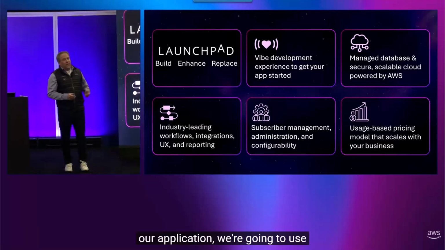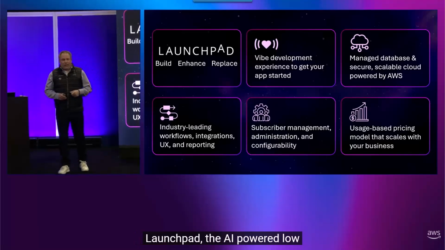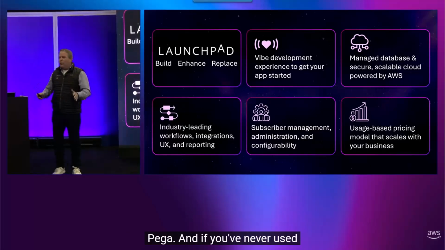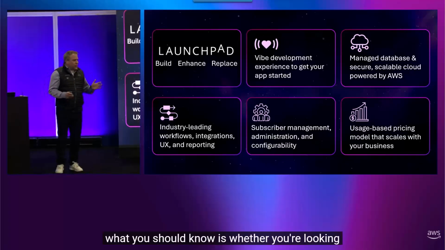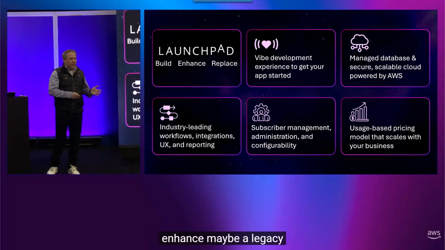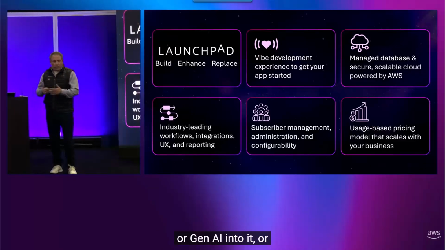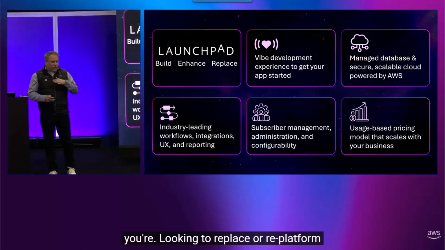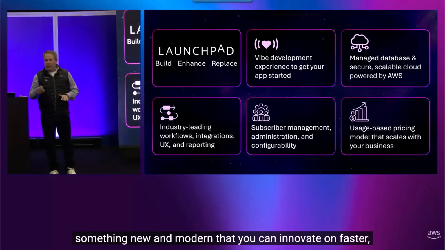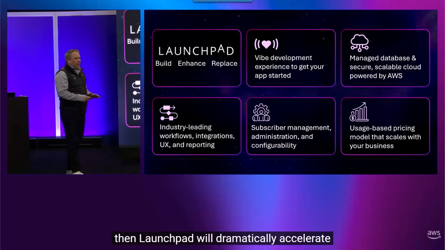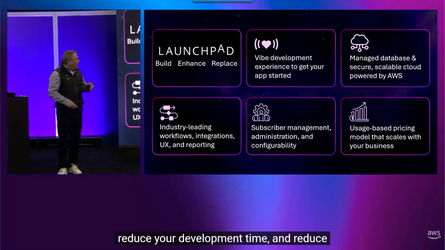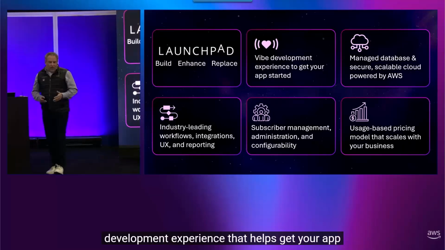And to build our application, we're going to use Launchpad, the AI-powered low-code app development platform from Pega. And if you've never used Launchpad before, what you should know is whether you're looking to build a new application or enhance maybe a legacy application with workflow or Gen AI, or you're looking to replace or re-platform a tech debt-laden old application with something new and modern that you can innovate on faster, then Launchpad will dramatically accelerate your speed to market, reduce your development time, and reduce your costs with a vibe development experience that helps